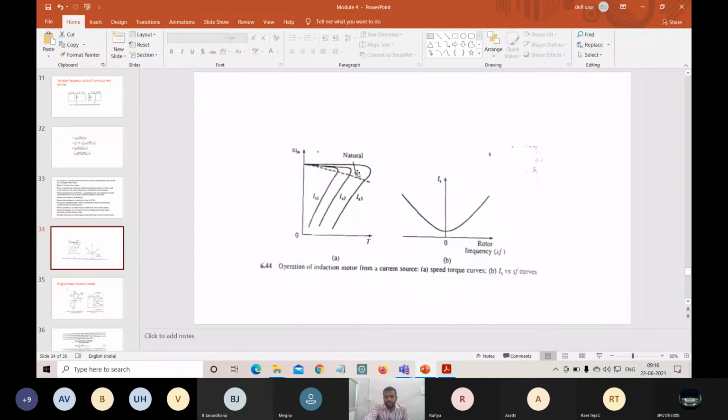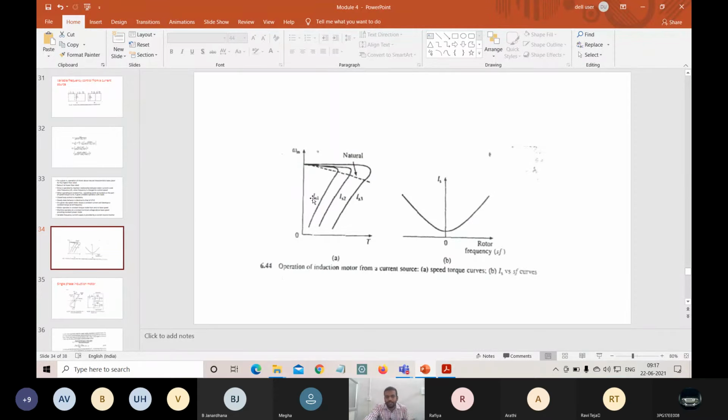So this is our constant torque, or you can also call it constant flux. Here we are going to consider some different operating points on the speed torque curve. This is our speed, this is torque. Y-axis will be given by speed, x-axis will be given by torque. So for the same flux with different current ratings, like that we can obtain the characteristics.